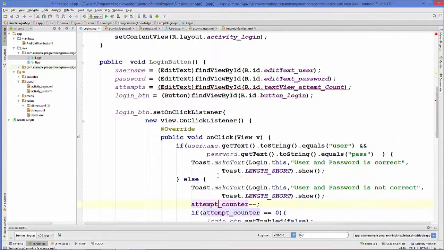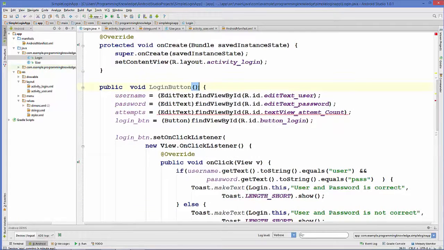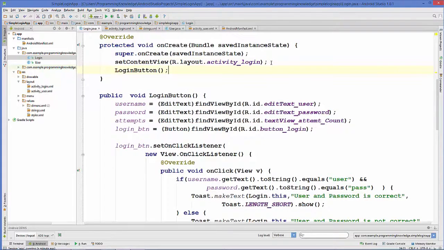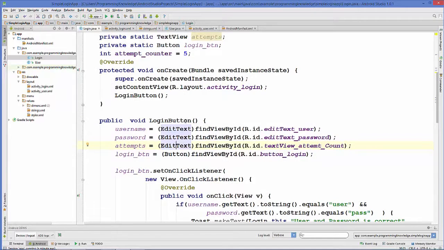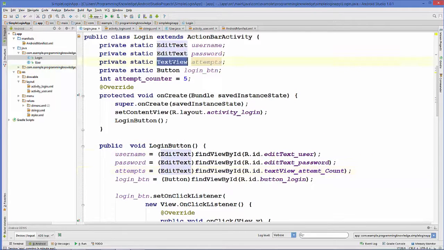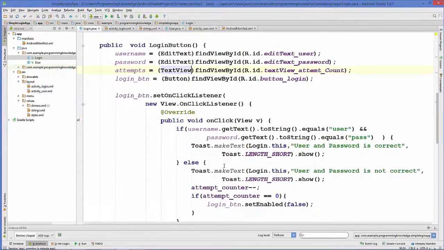Now we are going to call this method in our onCreate method. So copy this method and paste it in onCreate. And here I can see some error, so I just want to change this EditText to TextView, because this text view for attempt count is a TextView, not an EditText. Now we will add the code